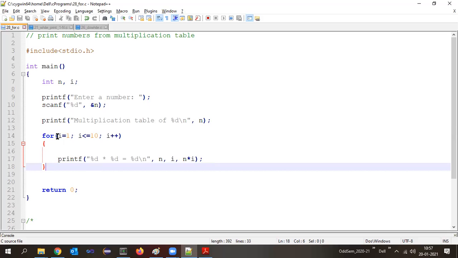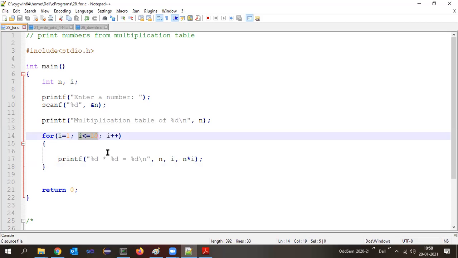Okay. Now, since it is a for loop, an entry control loop, the first statement that gets executed is what? I equals to 1. How many times will this statement be executed? Only once. Once this is done, where does the control go to? The condition, that is this statement, I less than or equal to 10. Now this statement will be executed. What is the result of this statement, true or false? True. True means, should it enter into the loop or skip it? Enter into the loop. It will enter into the for loop.